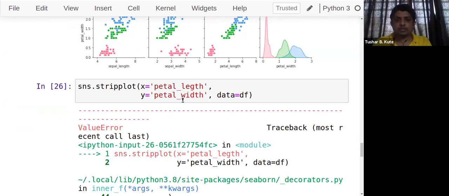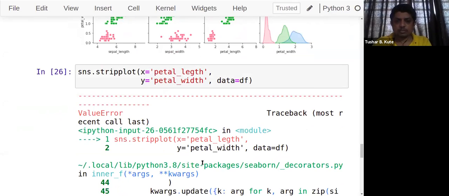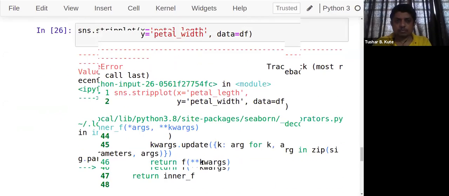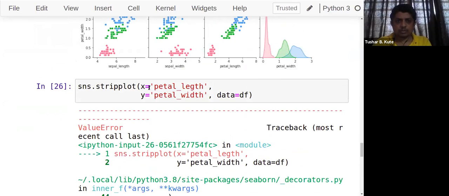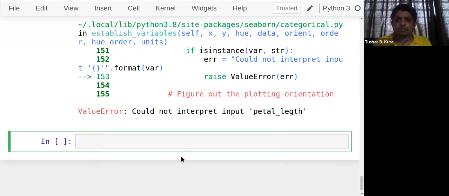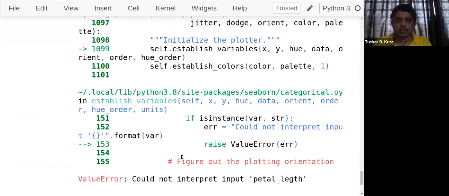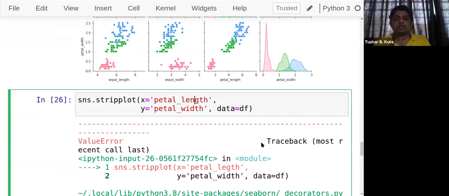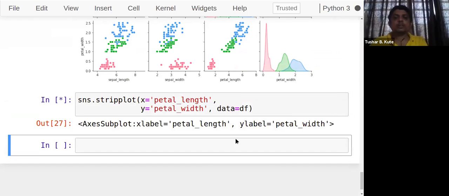Just a minute, what's the error here? Petal, oh, sorry, spelling is missing. L-E-N-G-T-H. Yes, strip plot.